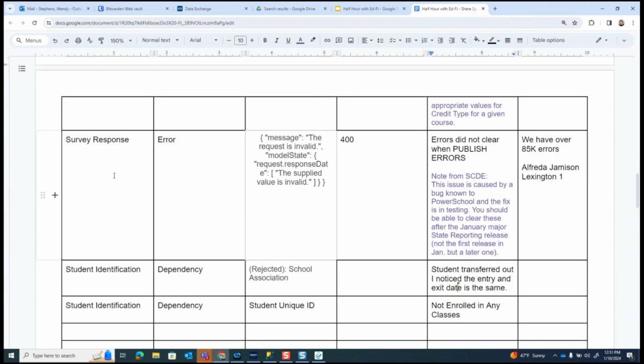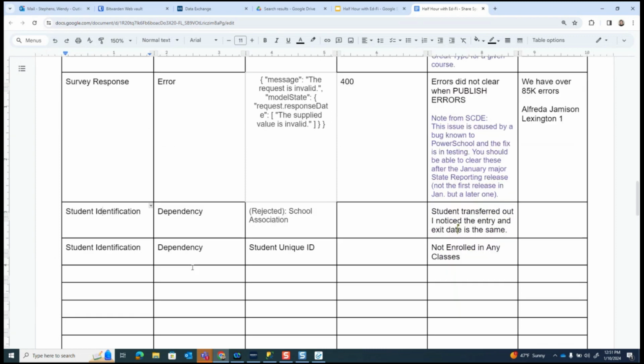And then the last one, someone told us that they had this survey response error, and yep, I'm sorry that y'all have that. Those should be resolved, not with the first state reporting release that's coming out, I guess this week, I think, if not very, very soon. It won't be in that one. It will be in the next one for this month where these will be resolved. It's related to a date field. But in any case, that error is also going to be causing errors in the survey category underneath it. So those should be resolved in what we call the January major, so the second January state reporting release. Be on the lookout for that.